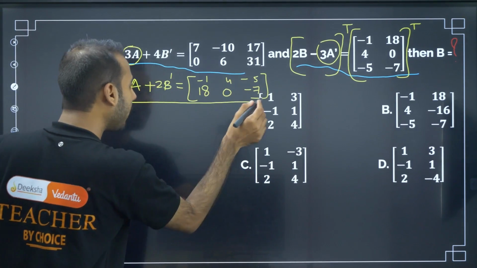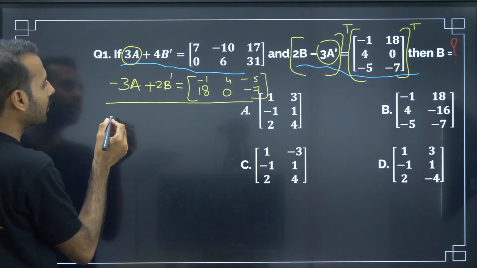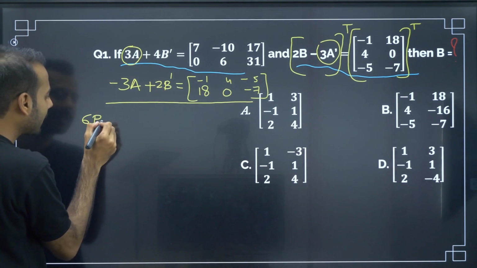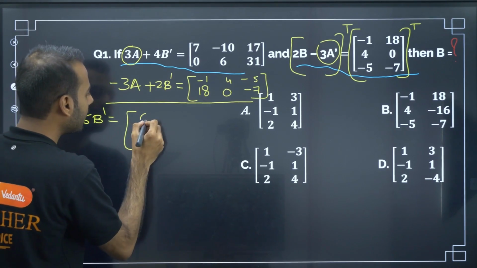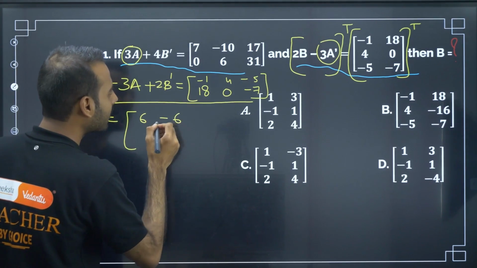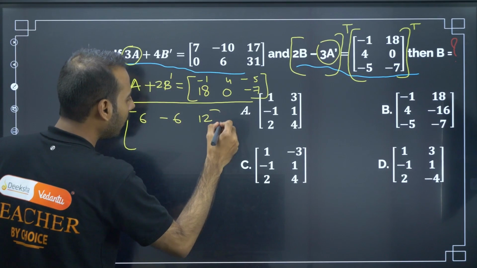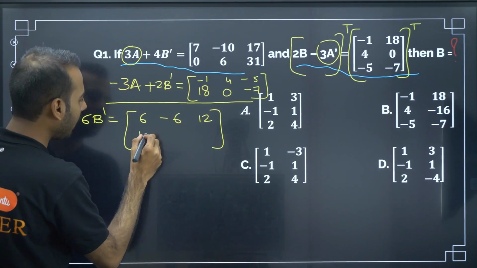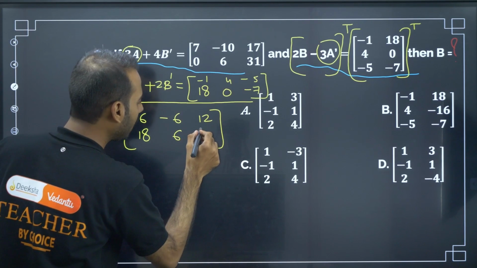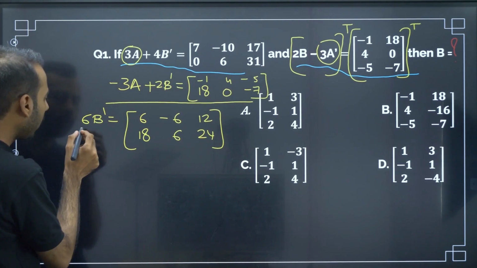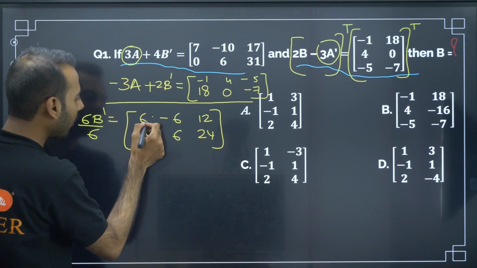Now if I add these two equations, here I will get 6B dash is equal to, adding: 6 minus 6, 17 minus 5 is 12, 0 plus 18, 6, 13 minus 7 is 24. Now I divide by 6